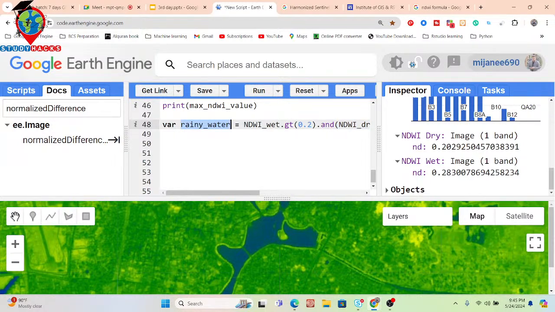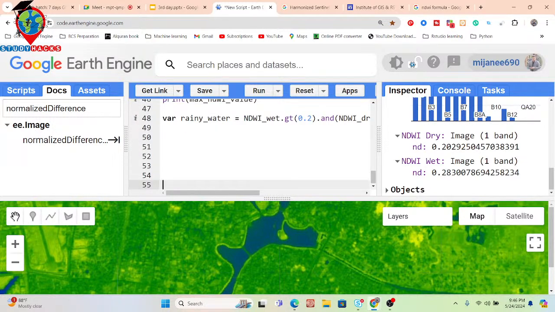Okay, so this value is not fixed. This value can vary region to region. So for that you have to check what the value is for your specific boundary or specific region. Simply check that. This time I find 0.2. If I put 0.1, then it also mixes with my pixels. But if I put all water pixels greater than 0.2 and less than 0.2 from dry season NDWI, then we can get that extra water body if I put this condition.